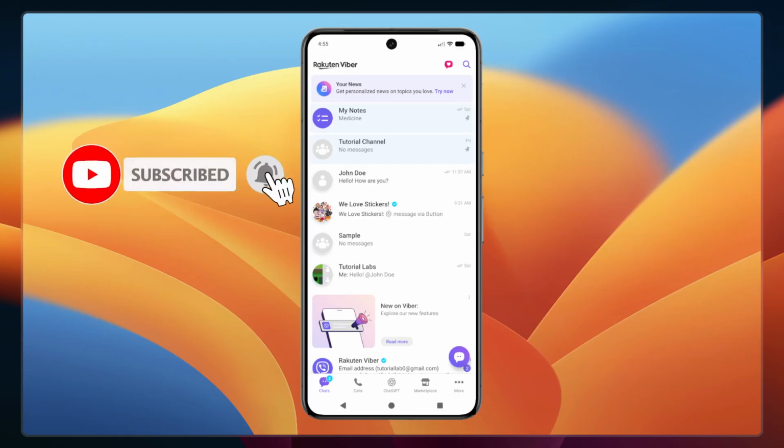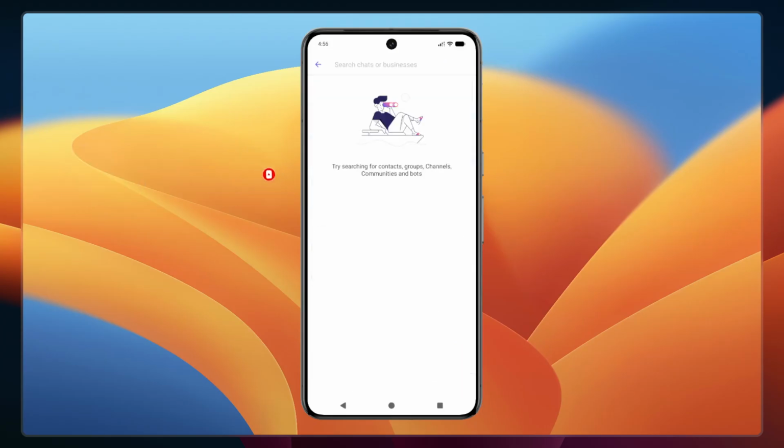First, look at the upper right corner of your screen and tap the magnifying glass icon. This is your search tool, and it's the fastest way to locate any group you're part of or want to find within Viber. Tapping this icon will bring up the search functionality that lets you filter through all your chats,